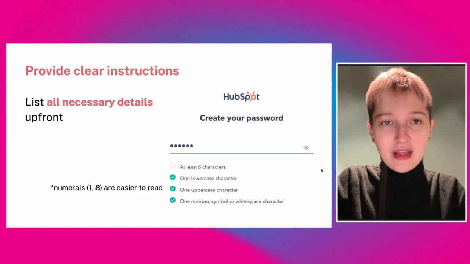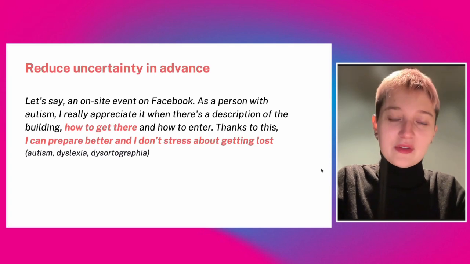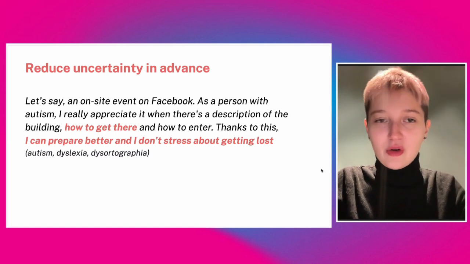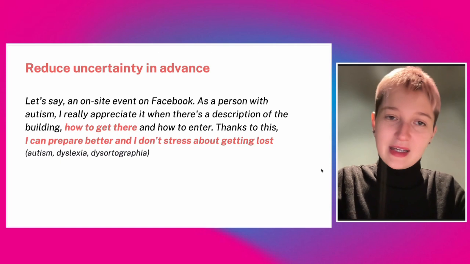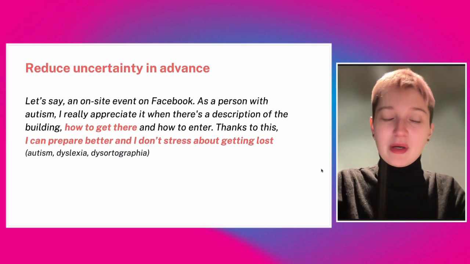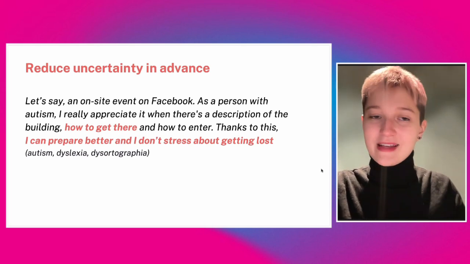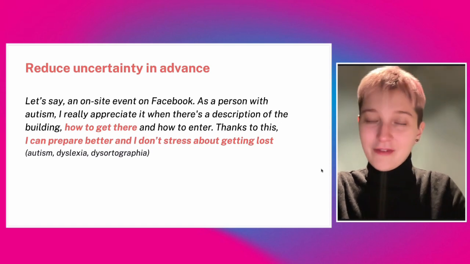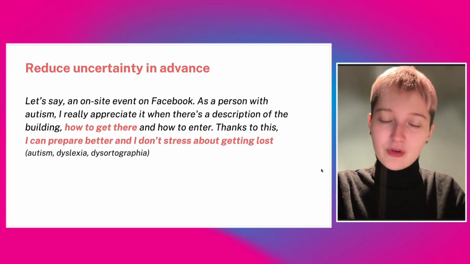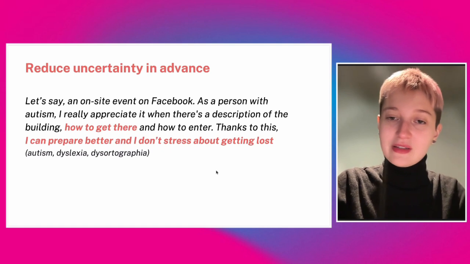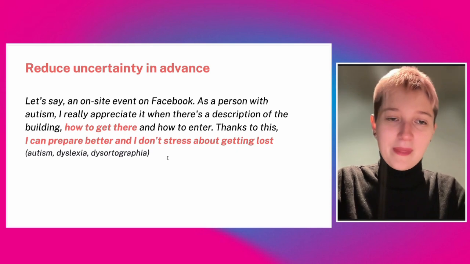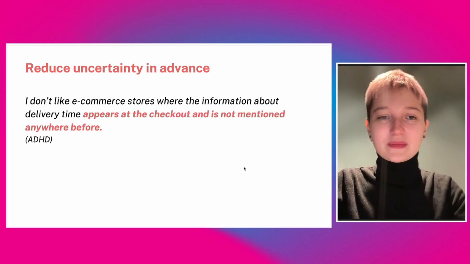And going to the next step, there's the thing about uncertainty, about people who like to plan how they are going to get to an on-site event. This is about bridging the gap between online and offline experiences. It might be already quite stressful for many people just to go outside and mingle and find the building first and know how to enter a building. So we as content designers who create experiences might address it and provide instructions so that people don't stress and can focus on enjoying that experience, like the person who provided this quote.